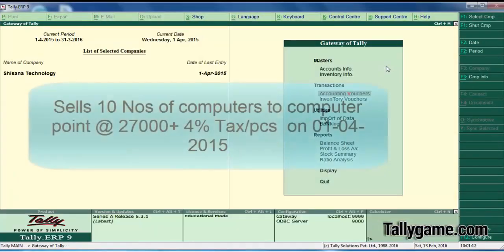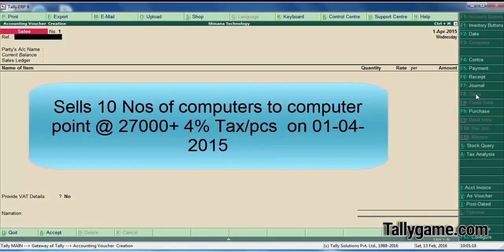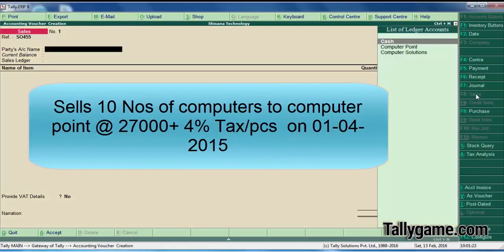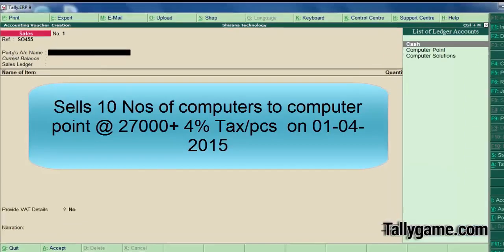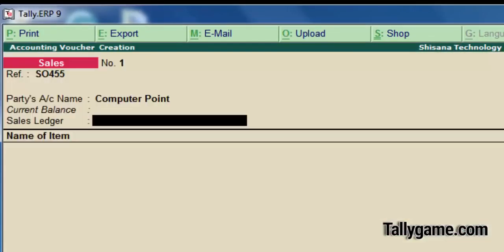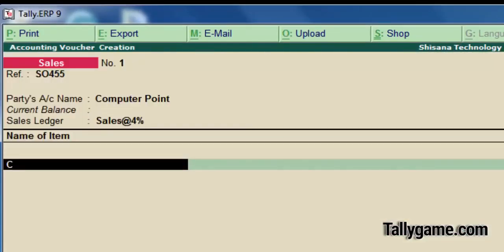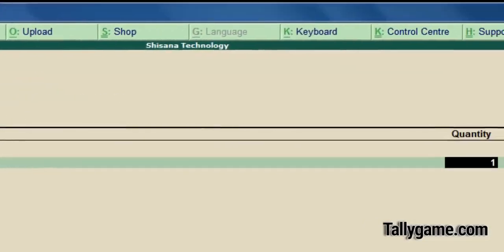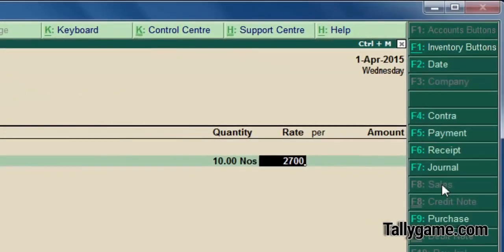Now the sales transaction. To sales voucher, F8, enter the transaction. We are selling the 10 numbers of computers to Computer Point at the rate of 27,000 per piece. So select sales ledger, sales computer, and 10 numbers, and we are selling it for rupees 27,000, 2000 added on the cost.